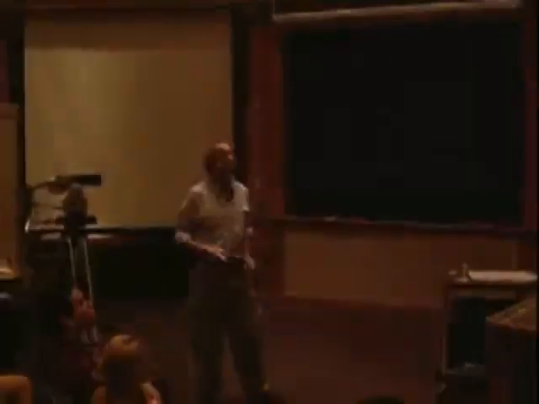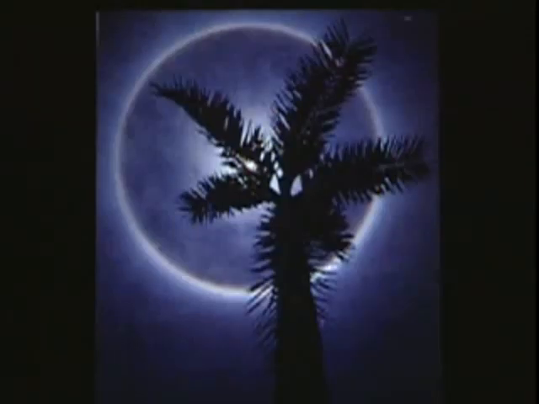then I think we're coming up to that. That's the 22-degree halo. You see the red is on the inside. It's not as colorful as a rainbow, but it's very distinct. There is no question when you see it, you know you're looking at the 22-degree halo.